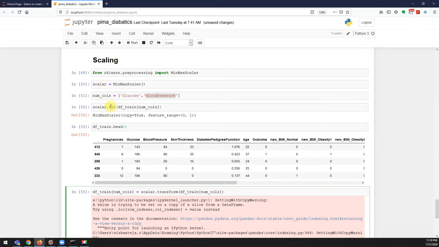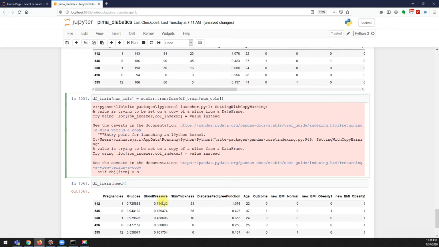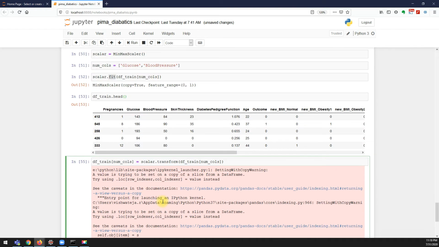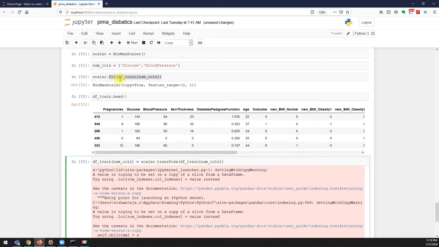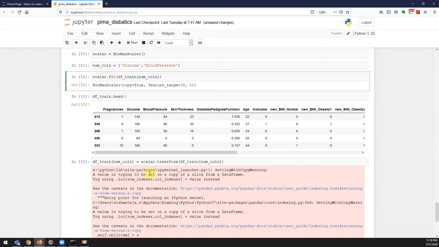So fit calculates the minimum and maximum values, and transform applies that scaling. There is also an option called fit_transform, which does both jobs in a single line. Instead of first fitting and then transforming, you can simply say fit_transform.